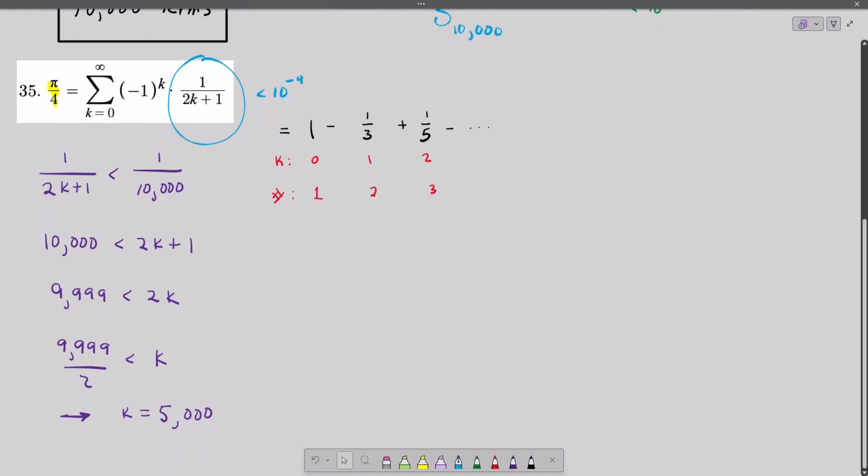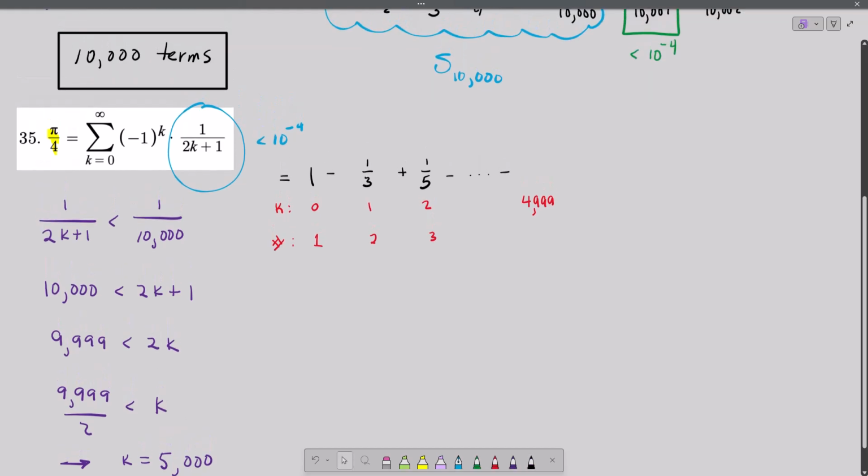And let's plug in, this says when k is 5,000. Let's go a little before and a little after. So what about when k is 4,999? First off, is it going to be positive or negative when we plug in k equals 4,999? Positive or negative? When you plug in an odd number, you're getting a negative. So we're going to have a negative, and it's going to be 1 over,